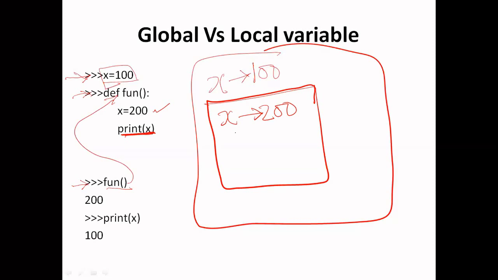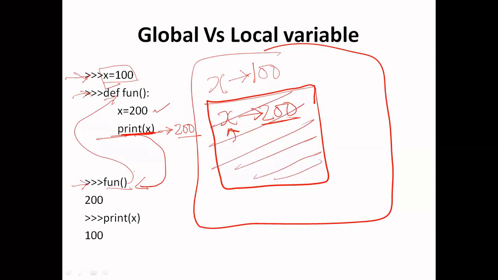So first we will search the local namespace. In the local namespace we have variable x whose value is 200. So for this particular line the control will print the answer 200. After executing this function the control will come back to this particular point. As soon as the control comes out of the function, this local namespace will be destroyed. Now the function fun, which has produced the value 200, will be printed here.